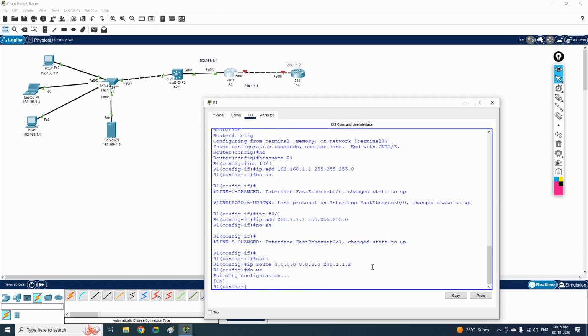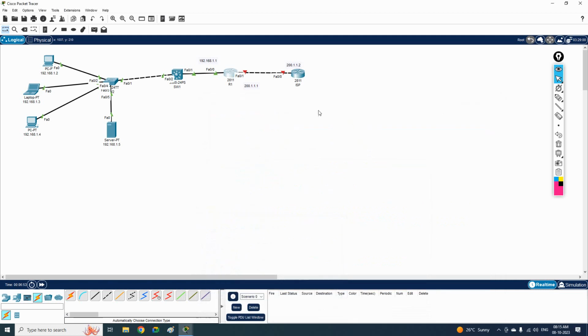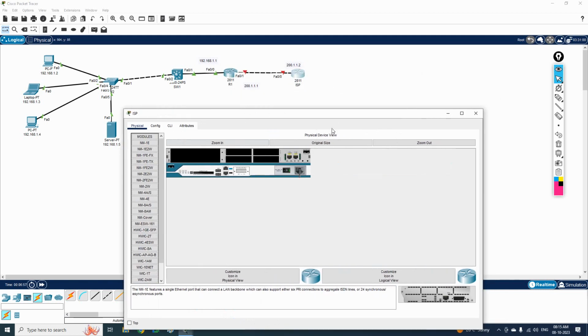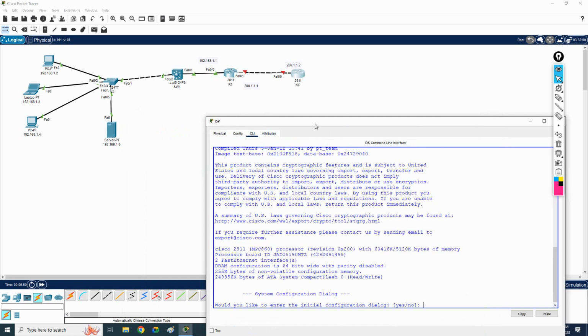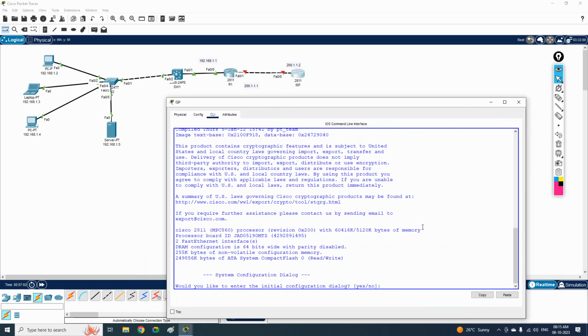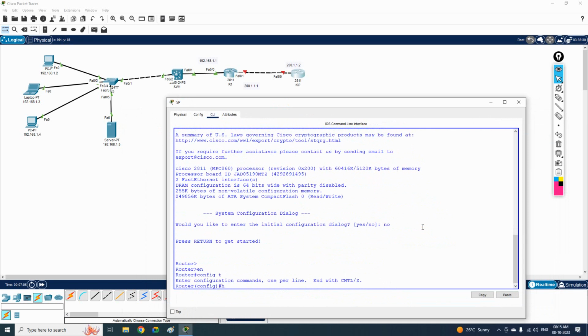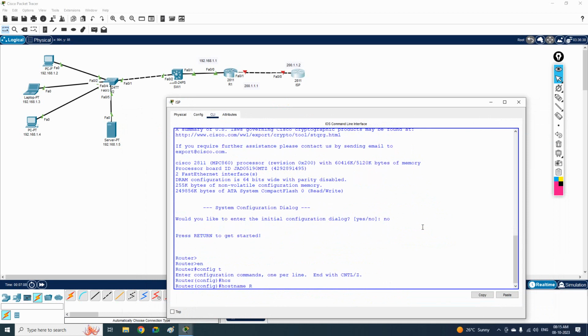Okay, and later we will do the NAT also. So I will show you that also after some time. First we will do the ISP. In the real scenario, you will not do any configuration for the service provider, but in the lab we will do the service provider configuration also. Okay, so what I will do here, I will change this name as a host name. What name can I give? This one as ISP,